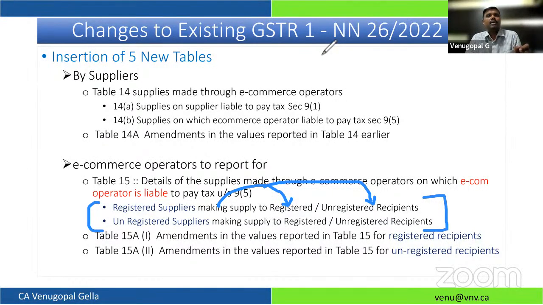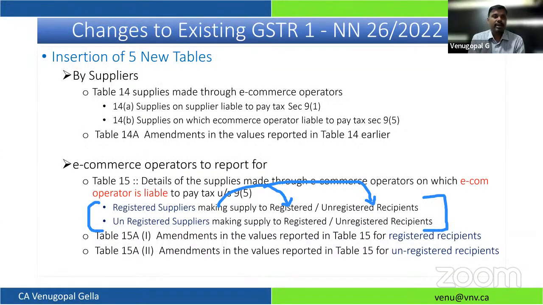I'll explain the procedure in a while. But the unregistered persons can also make a supply through the e-commerce portal. And that information, of an unregistered person making supply through the e-commerce portal, is to be reported separately by the e-com operator. So especially, let's say, MakeMyTrip,